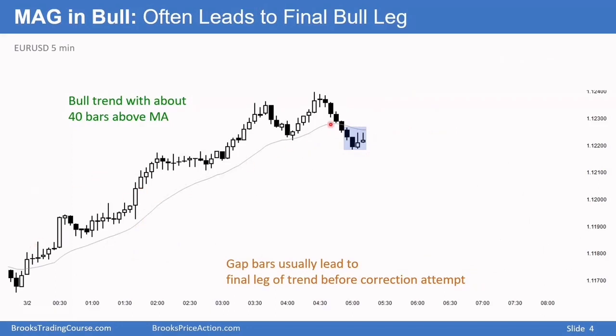Strong bull trend above the moving average for a lot of bars. When it finally hit the moving average after 20 or more bars, bulls bought it. We have a higher high here. Not enough bars for a major reversal, only 4 or 5 bars down, 5 bars up, probably a minor reversal,